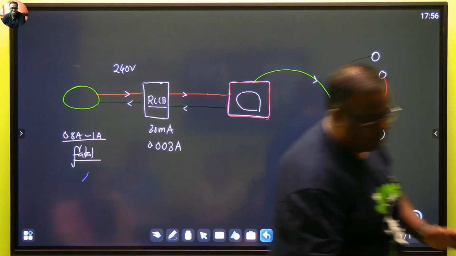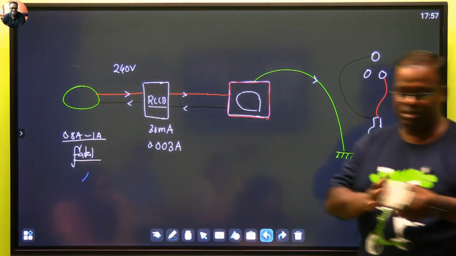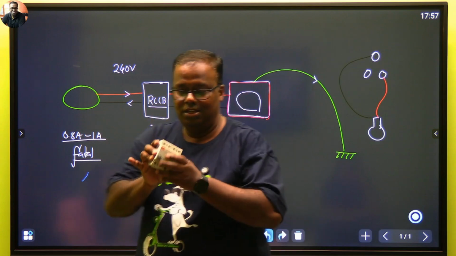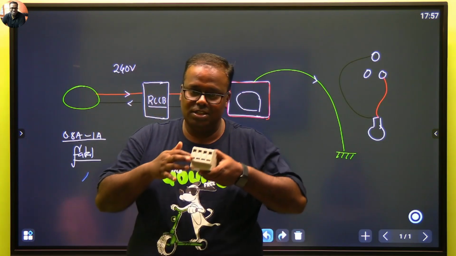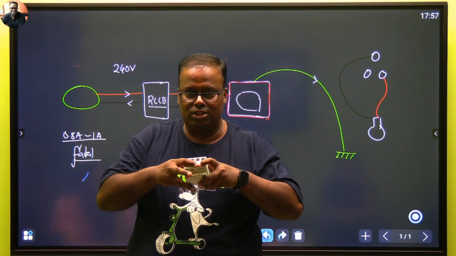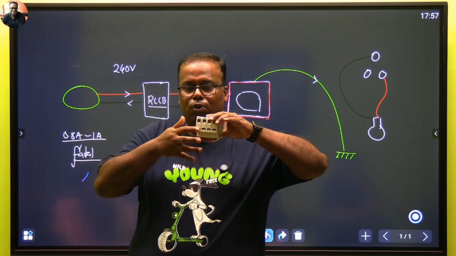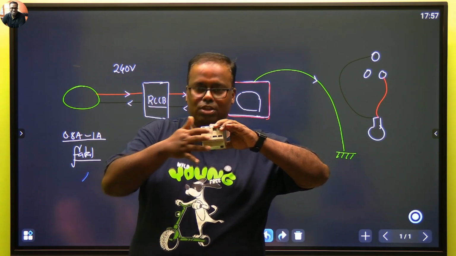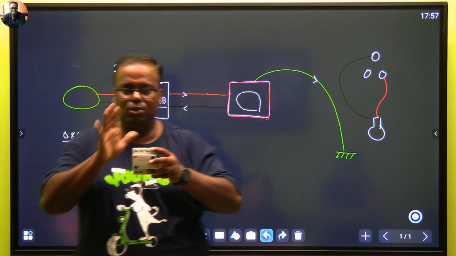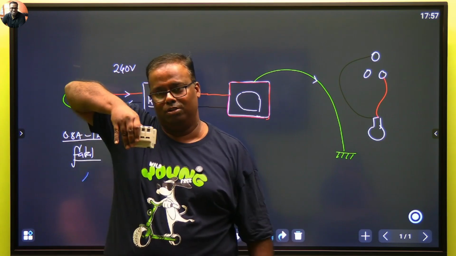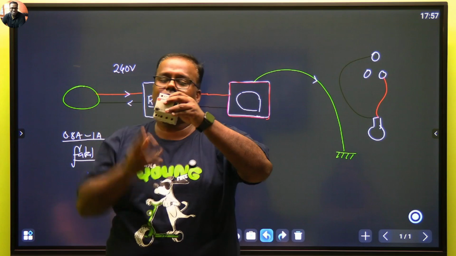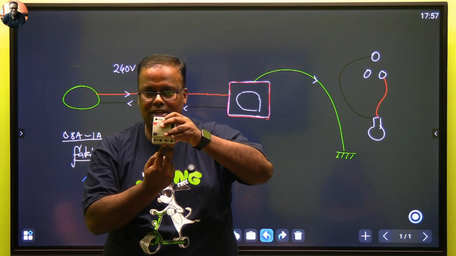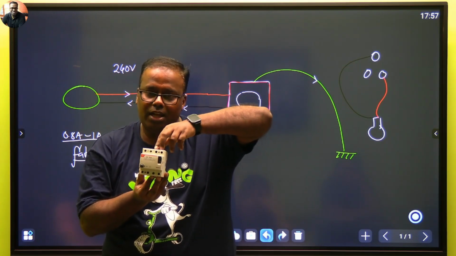So in our house, the RCCB as a device looks like this. This is your RCCB. So we have got 3 phases: 1, 2, 3, and 1 neutral. This is called a 4-pole RCCB: 1 pole, 2 pole, 3 pole, 4 pole. So if you are having a single phase supply, we will not buy this big product. We'll buy a 2 pole. So यहाँ से current, the supply comes from here, and the entire house is fed from